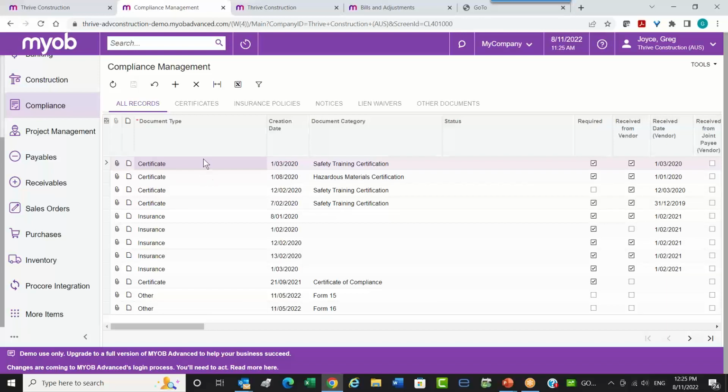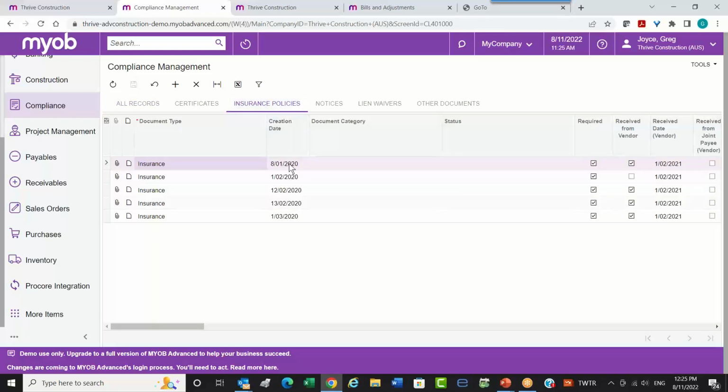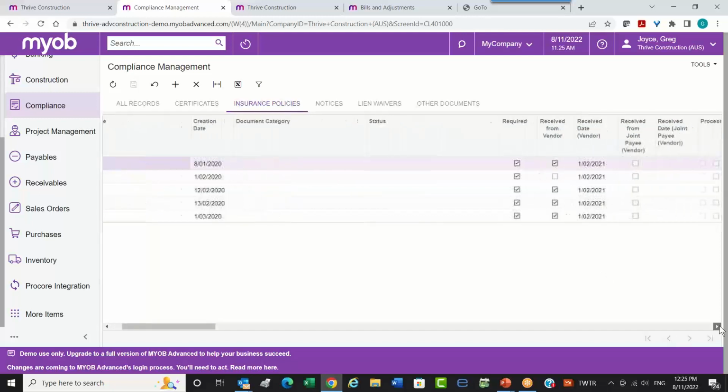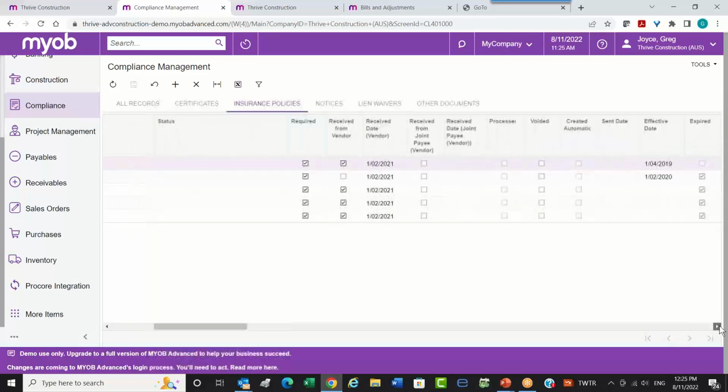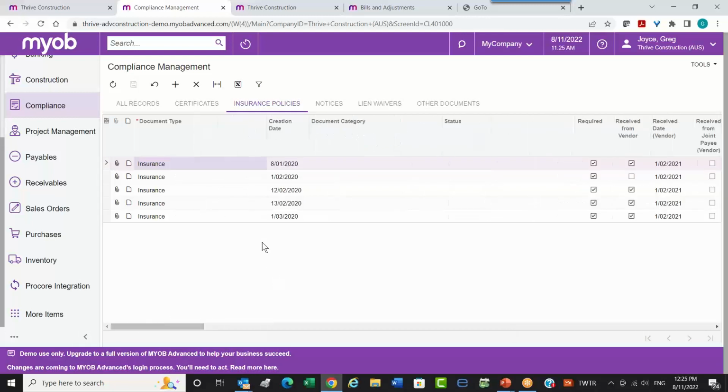So compliance is about any documents or anything that you need for a job, for a customer, for a supplier, for a subcontractor. So typically insurance is one of those things. So I can tell it what I need, a certificate of currency. I can do it by job, a whole lot of things that I can do in here, and it will pop up and do reminders. You can even set it to send automatic emails out to